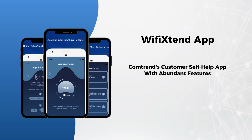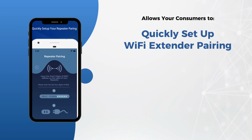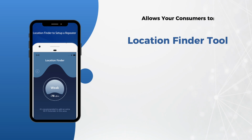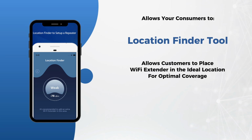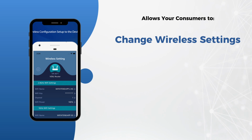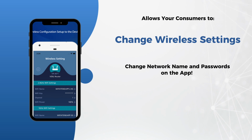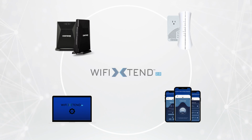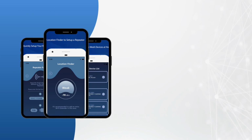The WiFi Extend app is a customer self-help mobile app with abundant features. It allows consumers to quickly set up their Wi-Fi extender pairing with an easy-to-follow setup guide. With the Location Finder tool, they can place their Wi-Fi extender in the ideal location for optimal coverage. Plus, they can change wireless settings, including network name and passwords, and easily manage their mesh devices at home, and more. Our Mesh Enhanced solution is now available on select CPE, and our new consumer app is available on Apple